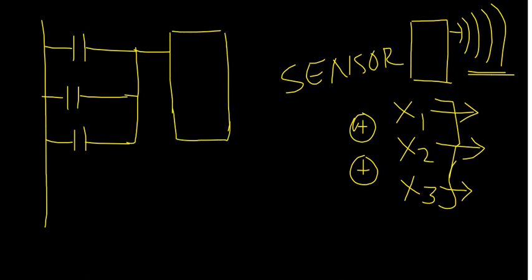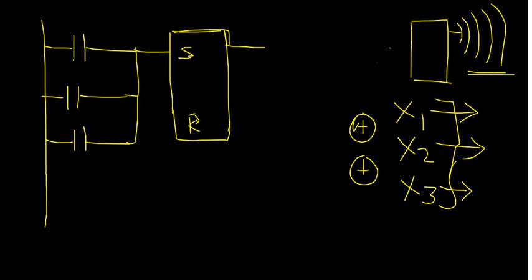Now let us say that this is X1, this is your X2 and this is your X3. When any one of these three conditions holds good, your coil is going to be set, and the alarm will get the buzzer sound. Whenever you have one more condition, the clear switch, that should go to your R. Let me write it as clear switch here. This clear switch will reset the alarm and accordingly it will stop here, right?